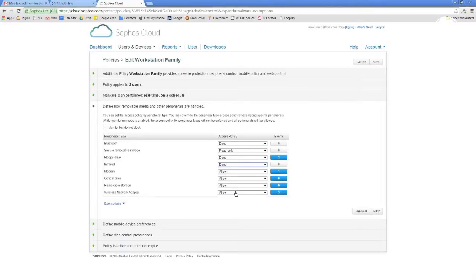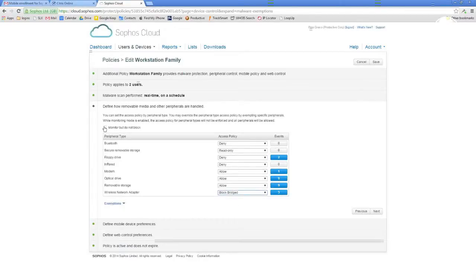One of my favorite settings, and I think Sophos does a pretty good job at this on the wireless, is block bridged. So we don't want to necessarily turn off Wi-Fi on folks that are mobile, because they're probably exclusively getting their internet access via Wi-Fi, but I can stop any devices from piggybacking on top of their Wi-Fi connection, right? So if they're sitting at the Starbucks, someone's not using us as a conduit to be able to hack somebody else, or being able to use our Wi-Fi to hack us directly, right? So we might set that up.